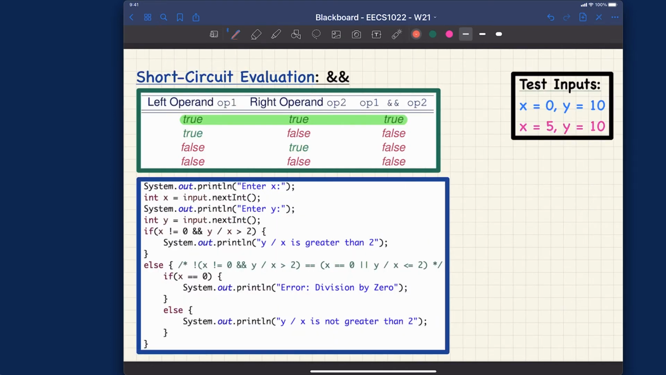Let's now first of all see the short circuit effect for conjunction. Okay, for conjunction, let's see this. We're going to let the user enter X and let the user enter Y. And then let's see this condition here. That's really important. We want to evaluate this particular condition over here. We want to say if X is not equal to 0 and also Y divided by X is larger than 2. In that case, we're going to print out this particular outcome over here. Otherwise, we're going to actually do this